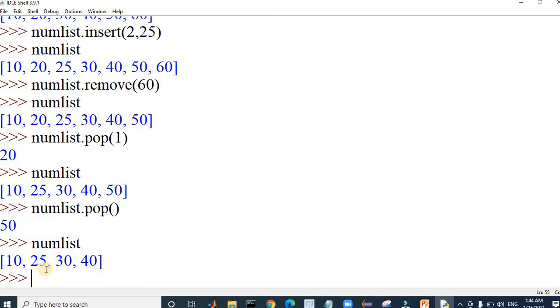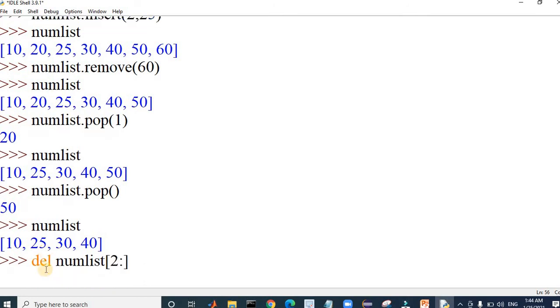So if I want to delete elements from a specific index number, we need to use the delete command, that is del numList of, say I am giving 0, 1, 2, from 2 till end.